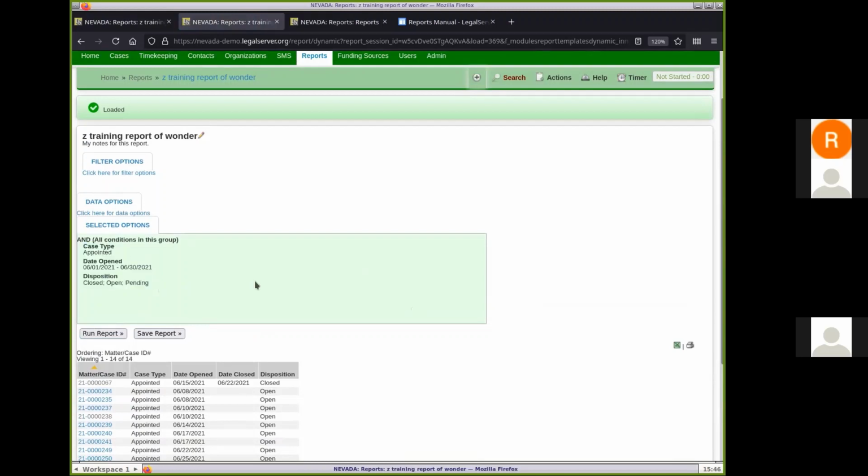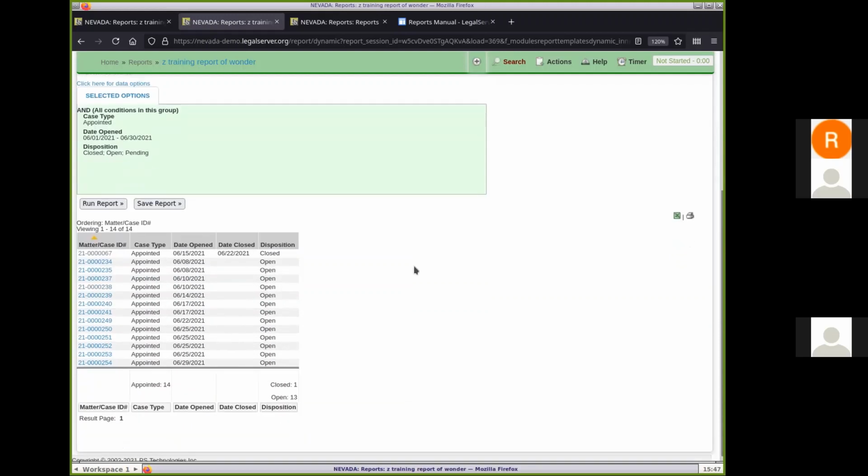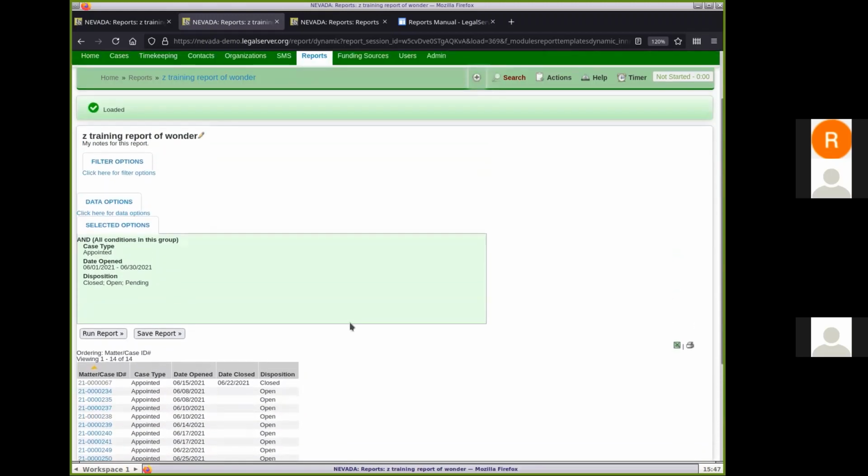So notice by default that all filters are ANDed together. And all that means is this report is saying, show me all the cases where a case type is appointed and the date open is in the previous month and the current disposition is closed, open, or pending. Notice that my little column breakdowns that I added also show up over here in run mode. Now, if I go up here into the filter options,